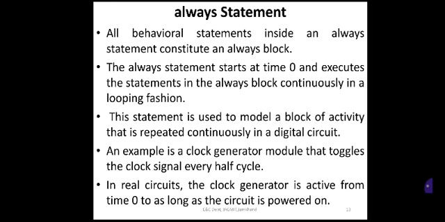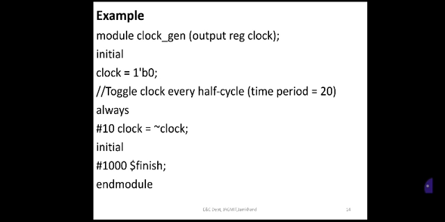As an example, a clock generator module that toggles the clock signal every half a cycle. In a real circuit, the clock generator is active from time 0 as long as the circuit is powered on. So here is the example for the always block. Here a clock generator is taken as an example. Module clock generator, output reg clock. So this is a declaration. Now initial